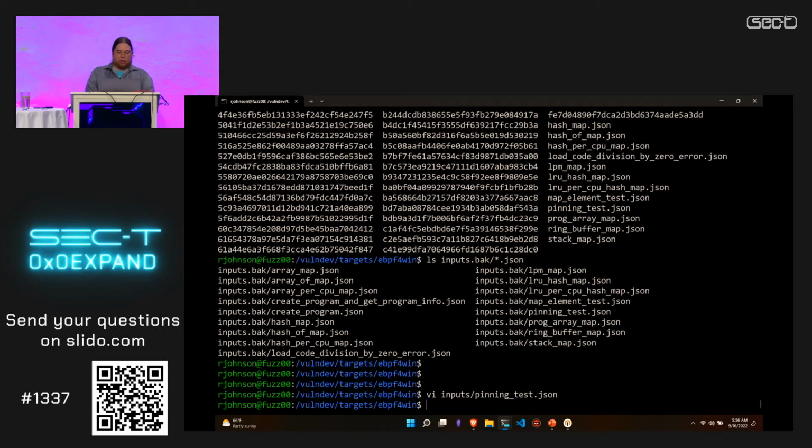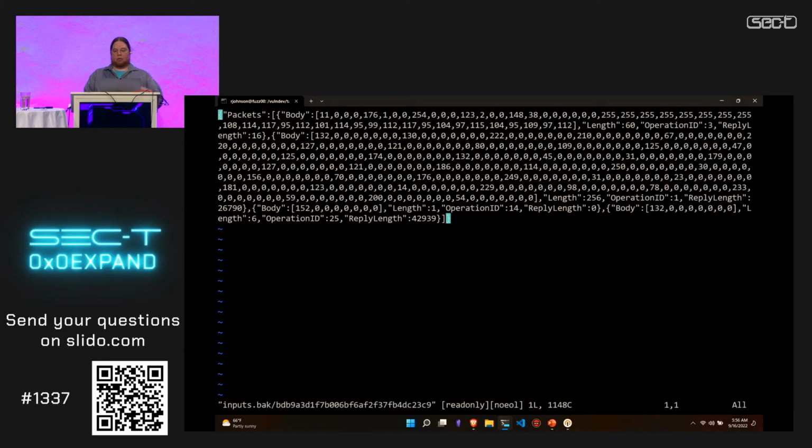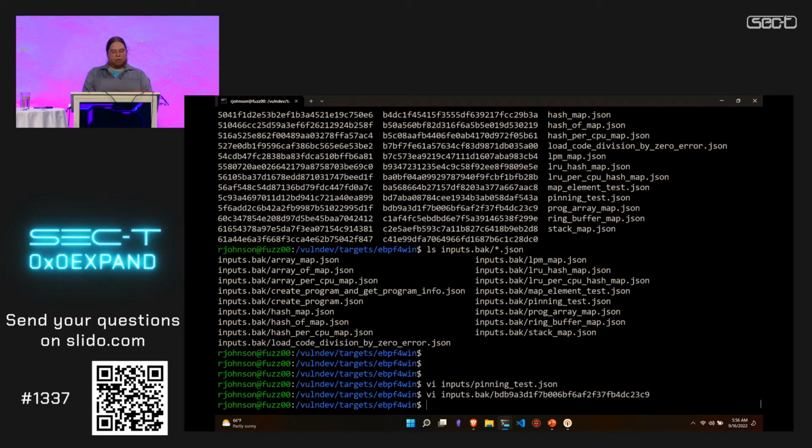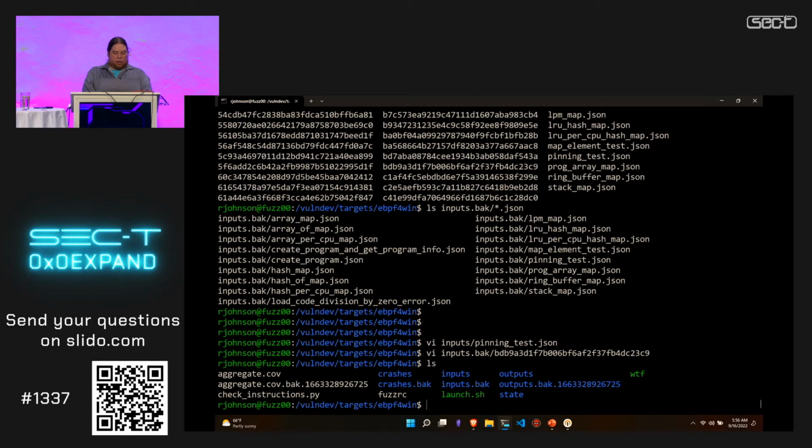And those will get mutated and end up looking something like one of these guys. It's not as readable, obviously, but as it generates new data and gets new code coverage, it reserializes back out to our JSON format. And then the way that I run this